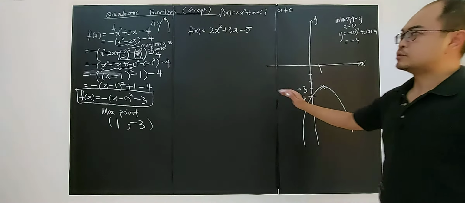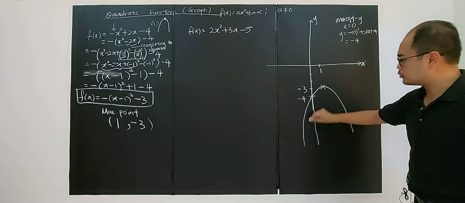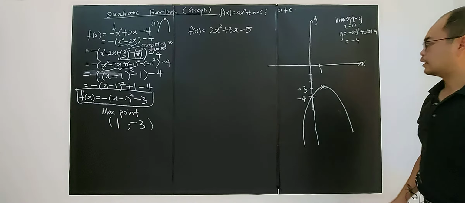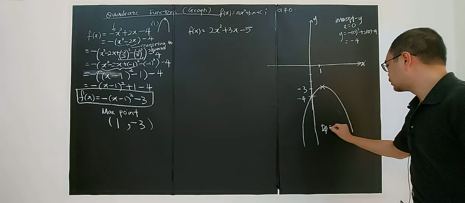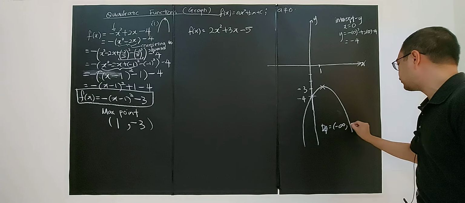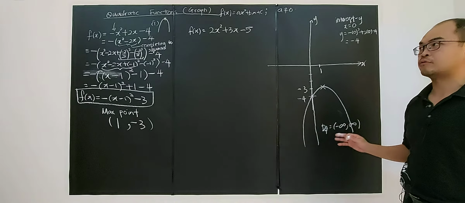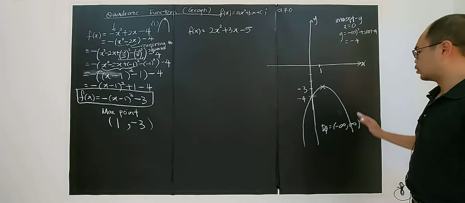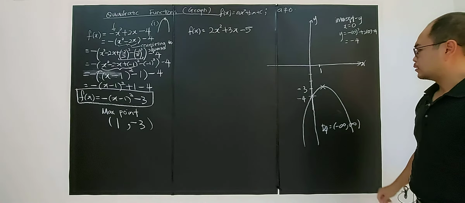Very simple. Just by completing the square, you will know the maximum point. Then you know how the graph turns, right? So now you can identify the domain as well. The domain is always negative infinity to infinity for all the quadratic functions that are not restricted in domain, right? So the graph is everywhere along the x-axis, but the range